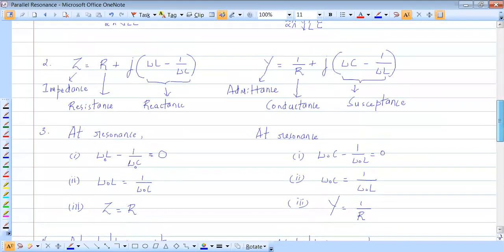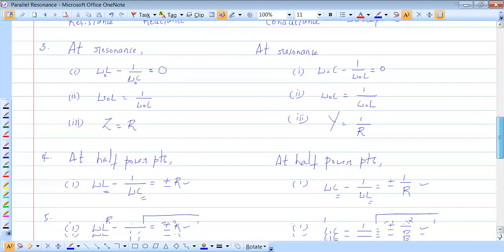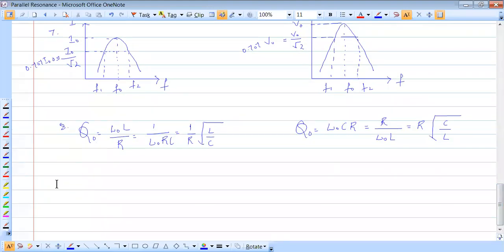Fine. Now let's obtain the equation for resonant frequency as we have done here. We have seen it already. This is going to be the same, so let's justify how it is going to be the same. We are left with only 10 minutes. If you have not given your attendance, you can give your attendance now.